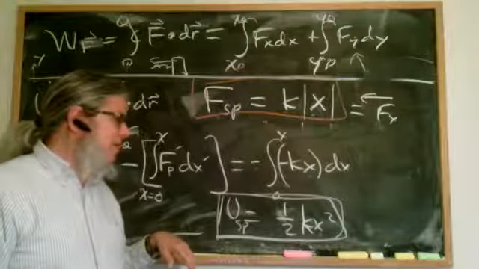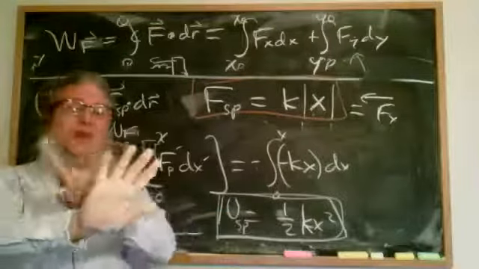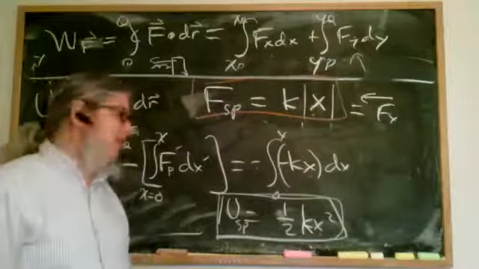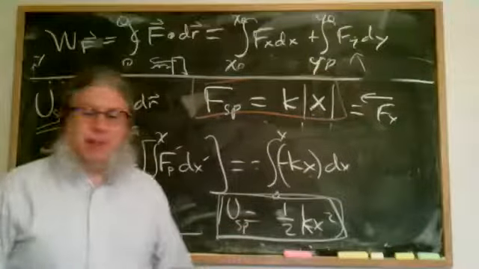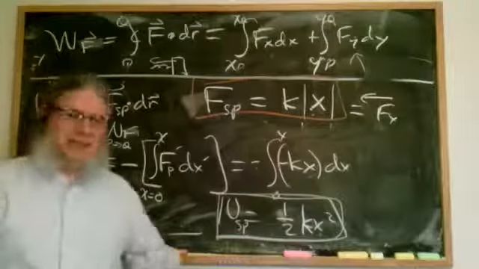There was one other thing I wanted to mention. We've got those 5 forces for physics 121. We'll only add one more force, the force of universal gravity, which we will also calculate the potential energy for. It turns out it's also conservative. And that's all I have to say for today.